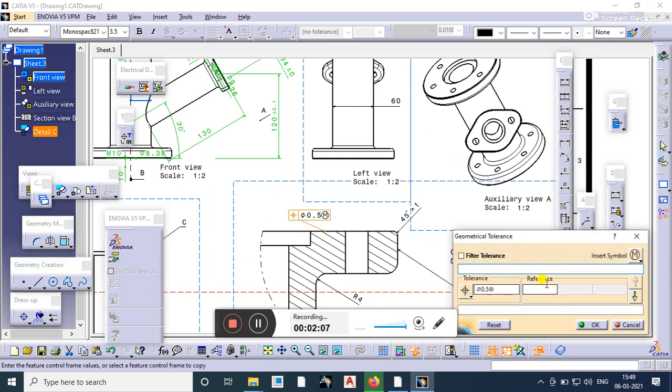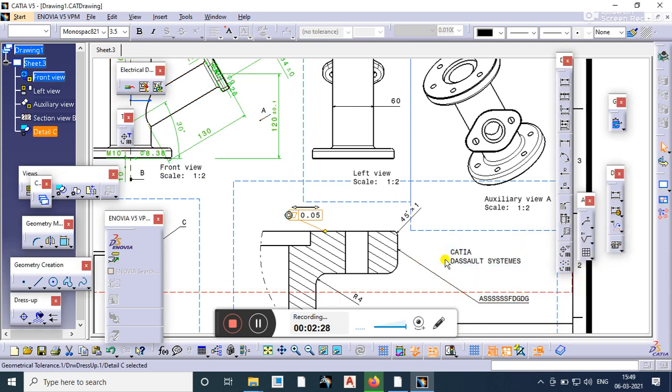For this surface, suppose we want to give the flatness, the zone descriptor will be linear for it, and suppose this is the tolerance zone, and click OK. In this way we can give the